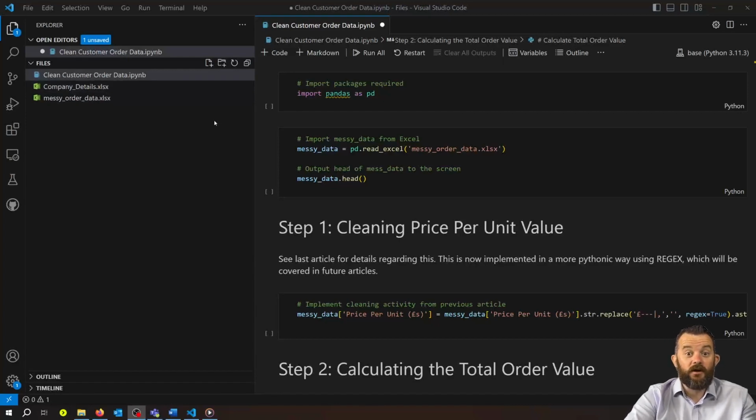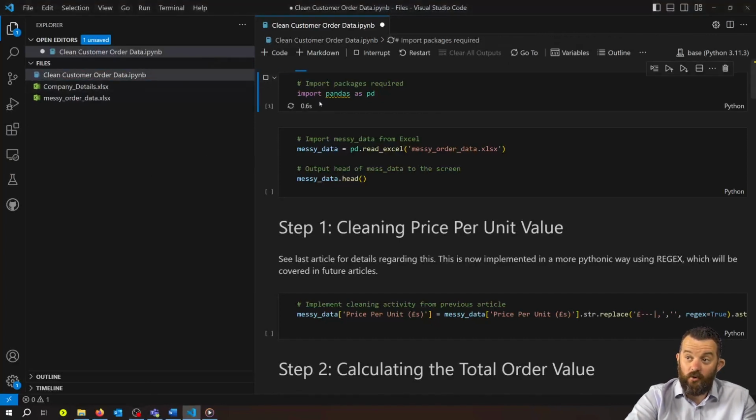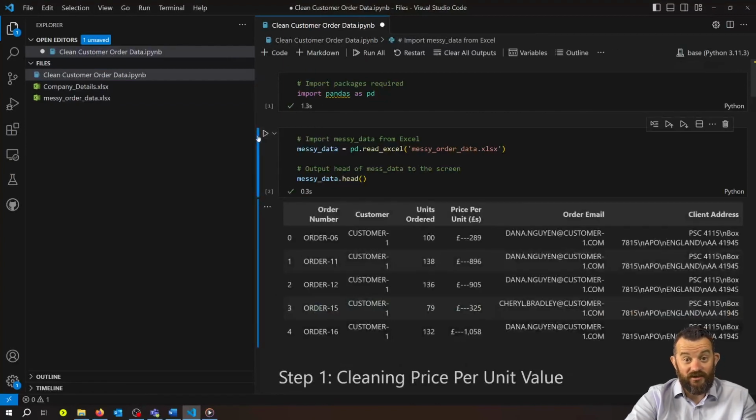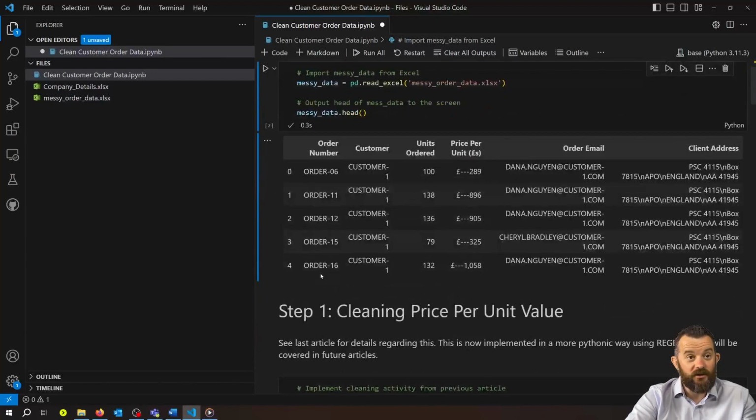The process we're going to follow is the same process that we outlined very early on in the series of tutorials, whereby we're going to import the data into Python. We're going to carry out the necessary cleansing activities, and we're then going to export the data back to Excel. So the first thing we need to do is import pandas as pd, and we then need to read the data into Python. And if you recall, this takes a copy of the data, so we're not working on the original data file here. You can see that the data has been brought into Python and into VS Code here,